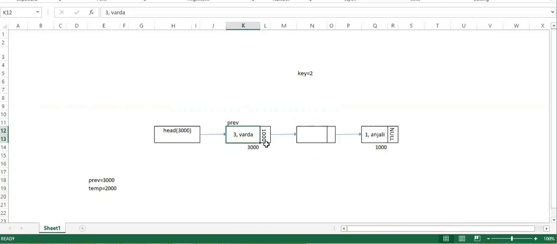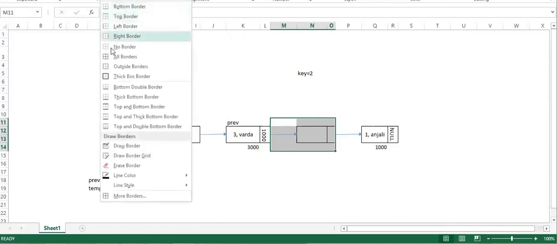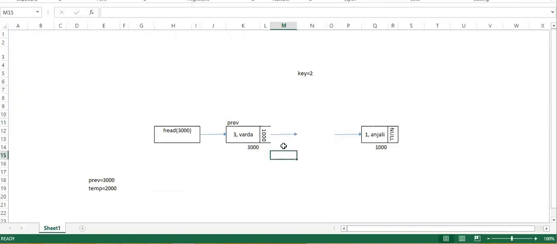This is because the node is deleted, and the address here was 2000, so we had 2000 and this was pointing here. Once this particular node is deleted, we have to remove this connection. This particular link is broken, and if you observe here, the next portion of this 3000 is 1000.